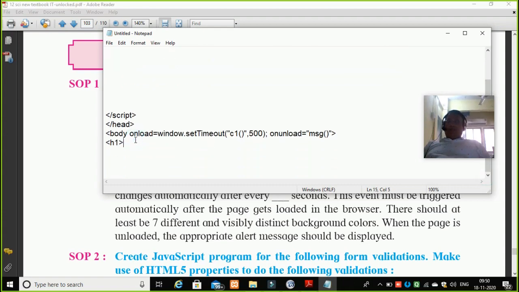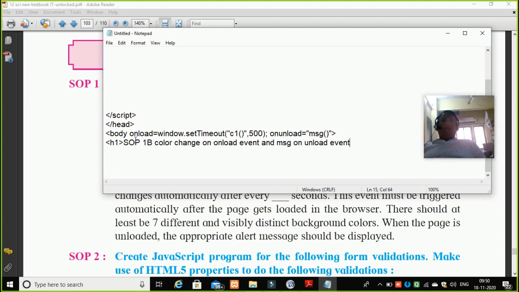So the message will be displayed on my page. The page does not remain blank. Okay, and I'll close the H1 tag. I will close the body tag over here, and I'll close the html tag also over here. So my page has become ready.